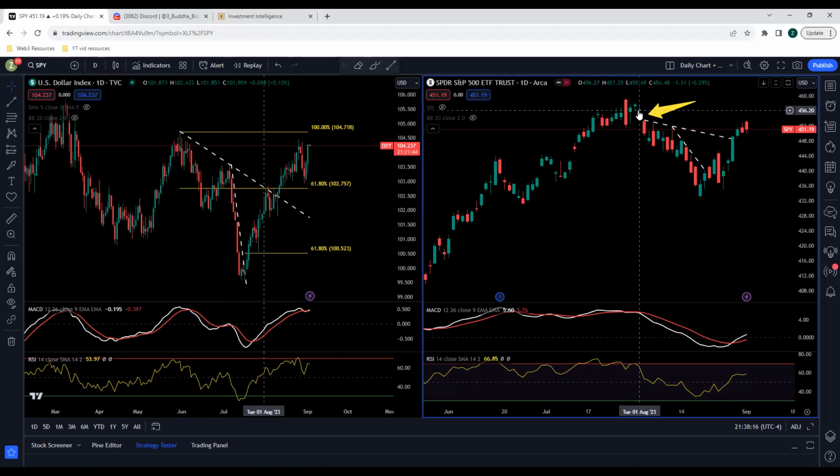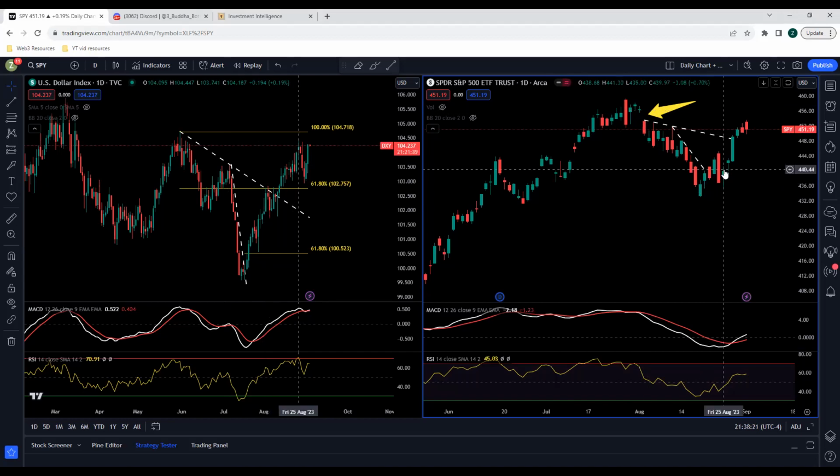This is August 1st right here. SPY is at 456, and it dropped. I had a pretty significant drop, right? It rallied and recovered, but ultimately the SPY was red for the month of August. Whether it's a huge amount or a significant amount is not the point, but the point is rather